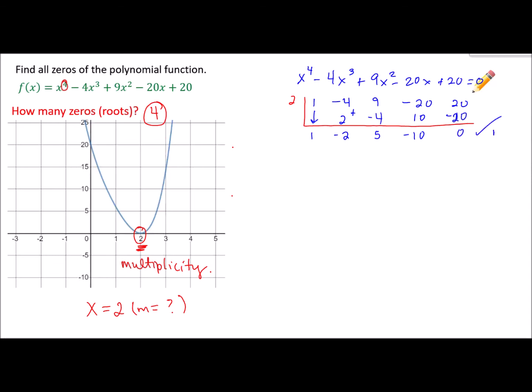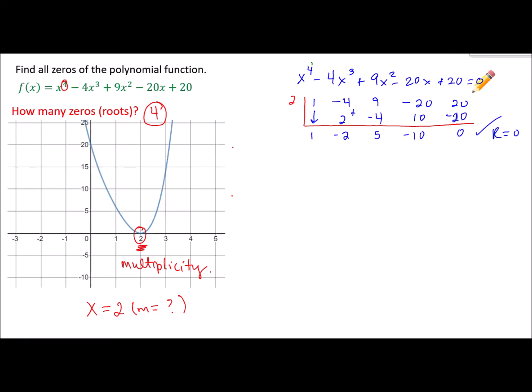Got our remainder equals 0. That means yes, it is a factor. R equals 0. Okay, so if we put our variables back in at this point,